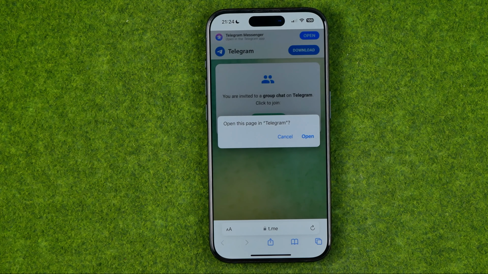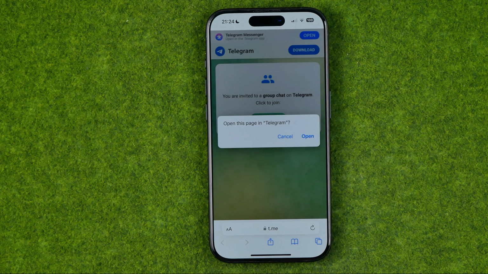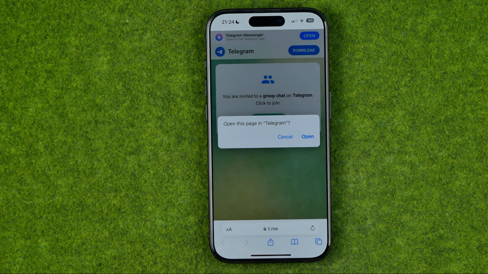That allows you to send an invitation to your Telegram profile from the unique Telegram private channel ID that you have generated, and then once you hit open, you will be redirected to your Telegram app where you will be able to accept the